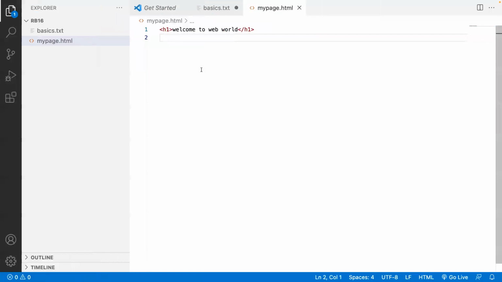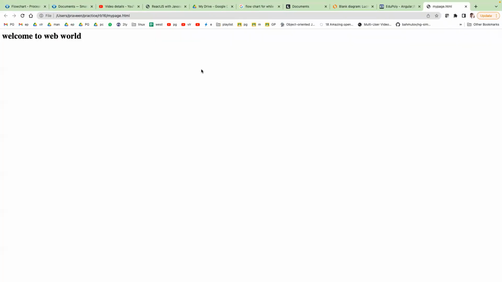So don't do that. Use your common sense also. After changing something, you have to do what? Save it. Once you saved it, go back to the browser and refresh the page. How to refresh the page? If you have Windows, press F5, or else go to this place and refresh, click on it, that's up to you. So this is how you can refresh the page and get the latest.